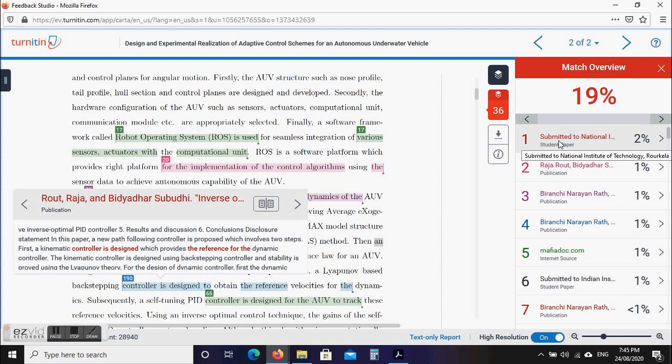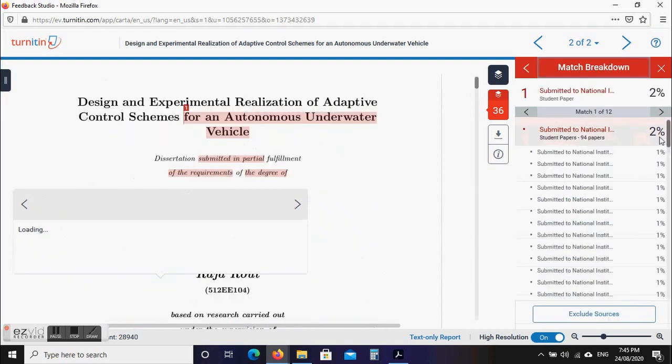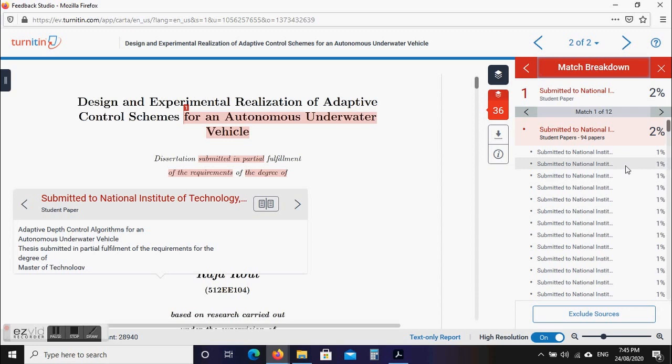Student paper, as discussed earlier, is actually the Turnitin repository. So someone has selected to deposit one copy in the Turnitin student repository. So something is already deposited, already available on the Turnitin repository, and it is matching with your content.